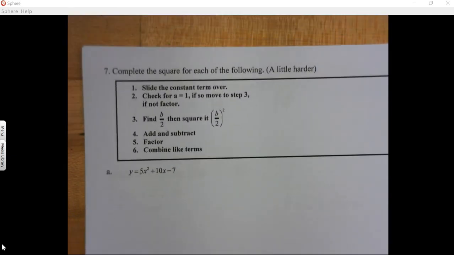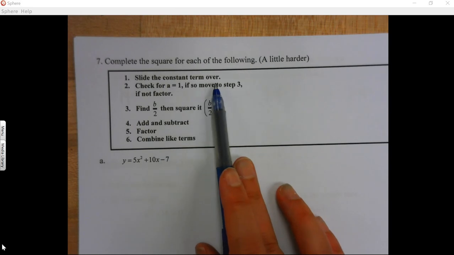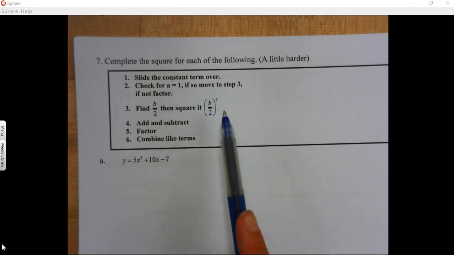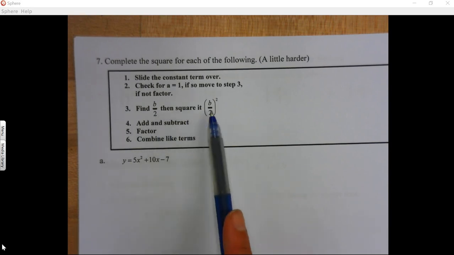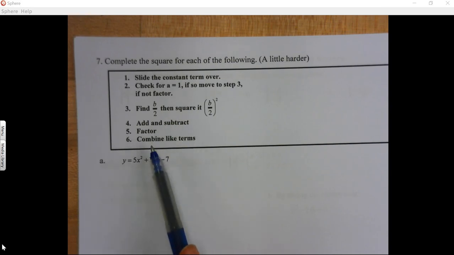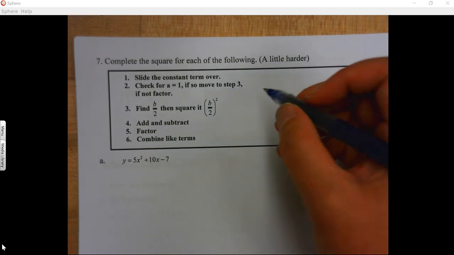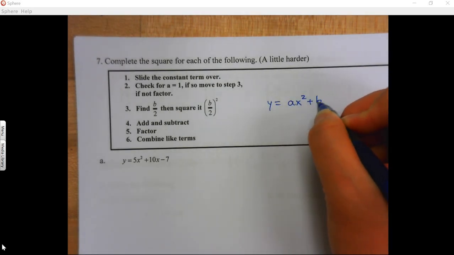There are some steps at the top about what we've been doing. We're sliding that constant term over, that c term. On these next ones, we are going to be factoring. That's what makes them different. I am taking that b term and dividing it by 2, and then I'm squaring it. We're adding and subtracting. I'm then going to factor, and then I'm going to combine like terms. Again, in case you are wondering about where that b term is coming from,